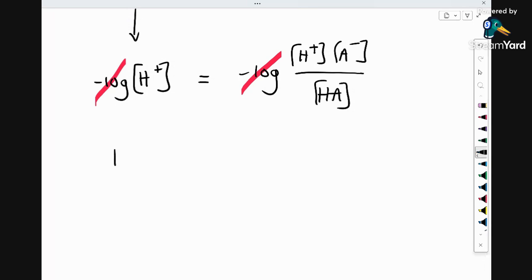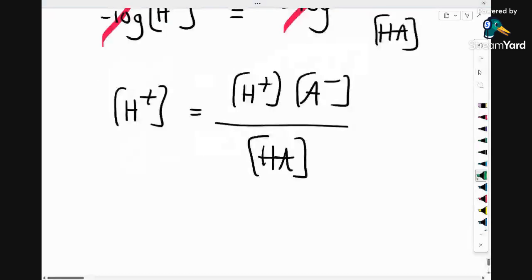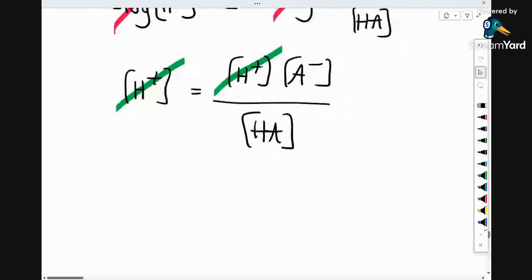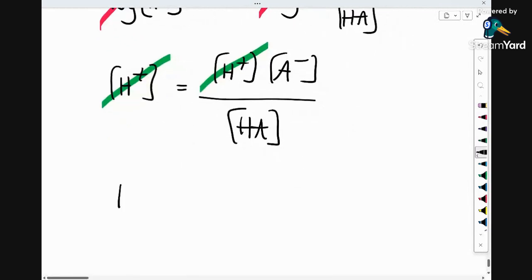So what we can now do is say that the proton concentration is equal to the proton concentration and the concentration of the dissociated form over the concentration of the protonated form of the acid. And we can now divide by H plus on both sides and get rid of our H pluses. That simply leaves us with 1, since H plus divided by H plus is 1, equals A minus, the concentration of the dissociated form over the concentration of the